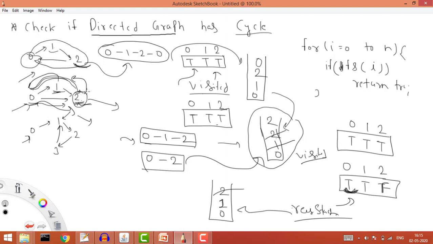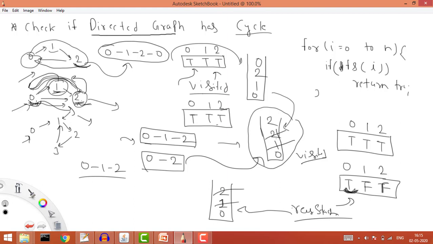Now we go to 1, because there was only 1 point for 1. For 1 also there is no cycle, so we'll set the value false here and remove it from the stack. This is just a representation. It means we are removing the value from the stack, right? Now we have the 0. For the 0 we have 2 neighbors. The neighbor 1 we have already covered, so our stack 0, 1, 2 is done, and in this path there was no cycle. Now for the other path, we need to cover 0 to 2.